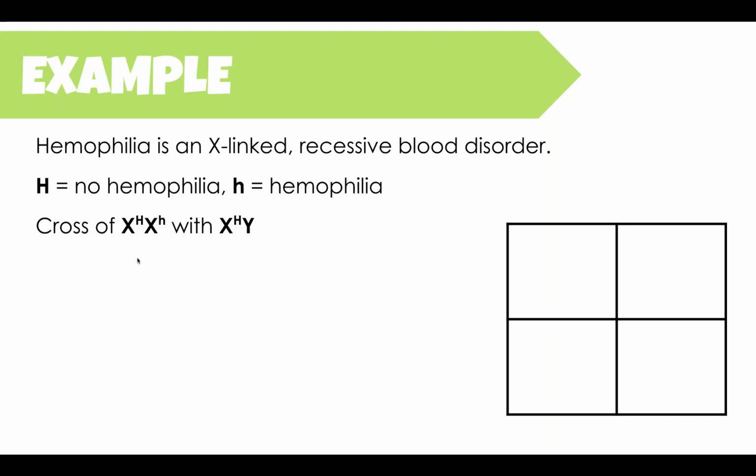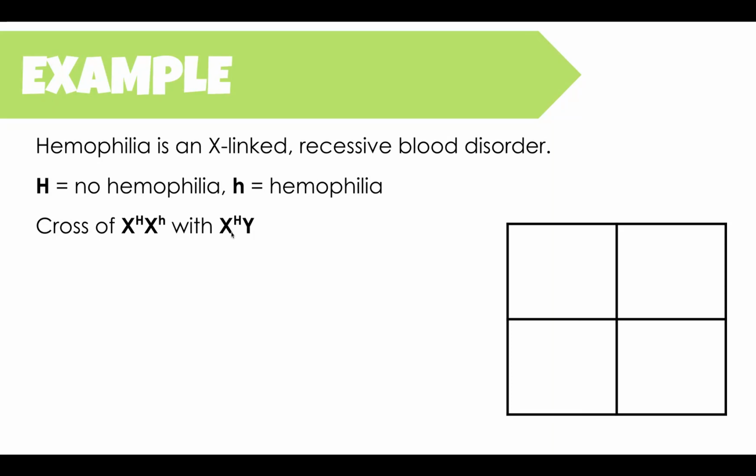We're going to cross 2 individuals. We have this female, and we know that because there are 2 X chromosomes. This female is big H, little h for hemophilia, which means this female is a carrier. She has the heterozygous genotype for hemophilia. That big H means she has the dominant phenotype, meaning she does not have hemophilia, but she is carrying that recessive allele for hemophilia. We're going to cross that female with a male, and we know it's a male